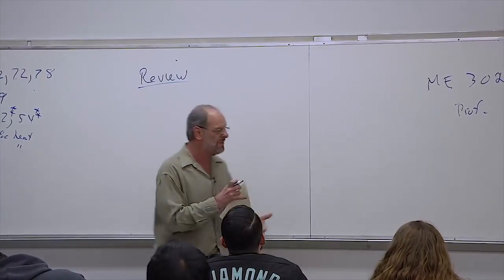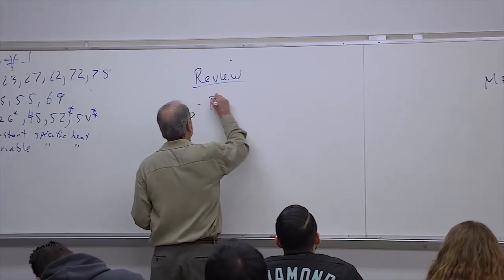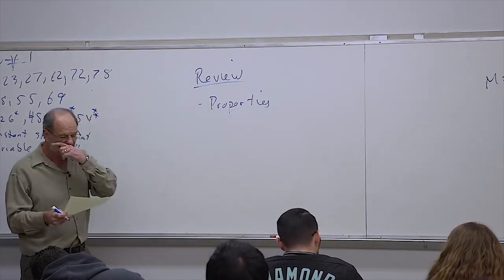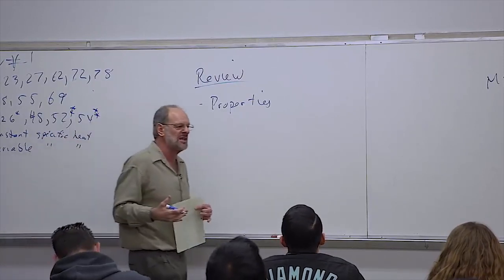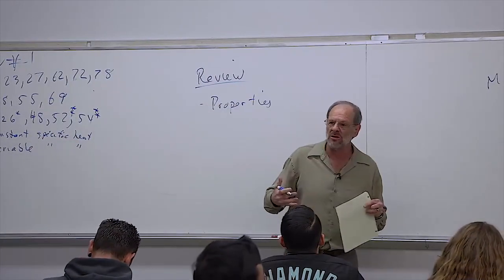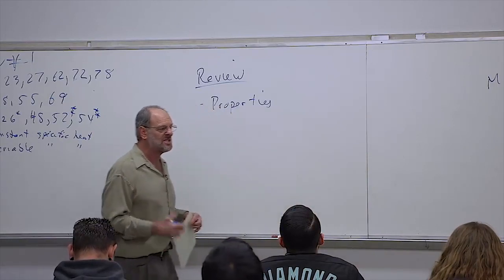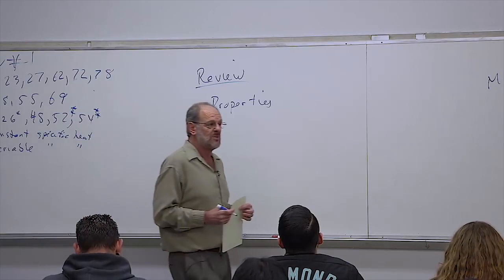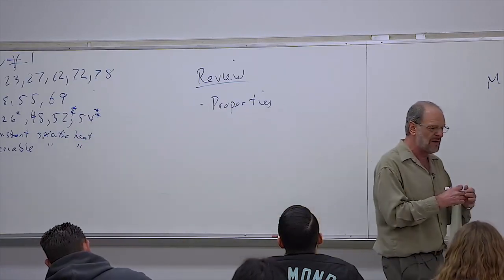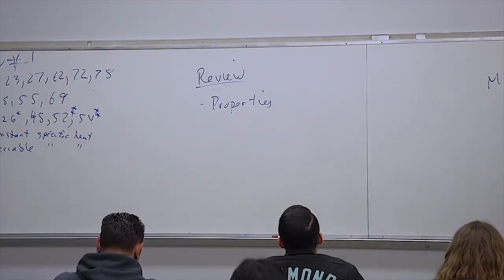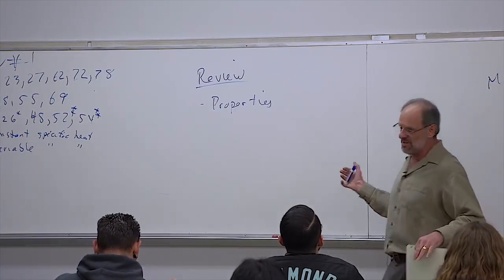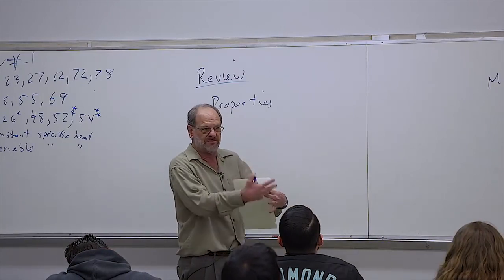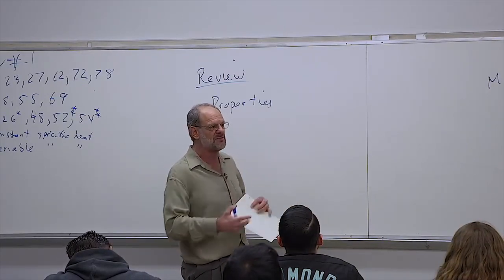So with regards to review, first, let's just keep in mind that there are all sorts of properties that we have to deal with here in thermodynamics. Properties are basically just observable or identifiable characteristics of a particular substance. Some of these properties are measurable and some are not measurable properties, and that's kind of the problem with thermodynamics. We don't have such thing as an entropy meter or an enthalpy meter or an internal energy meter. We only have things like pressure and temperature gauges, scales so we can measure mass, devices to measure volume.